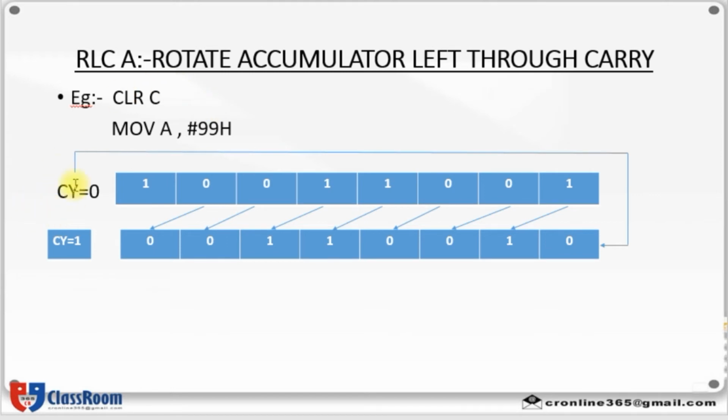Here, most significant bit is moved to carry. That means this carry will be shifted towards here. That means you can denote this carry as the most significant bit.